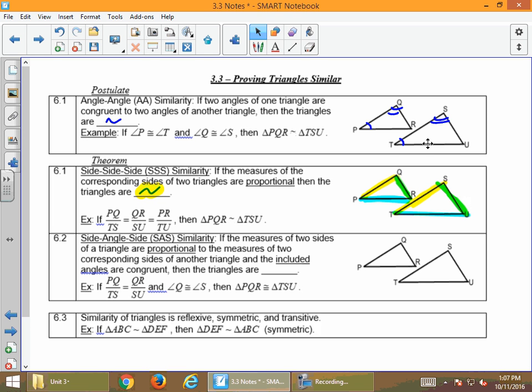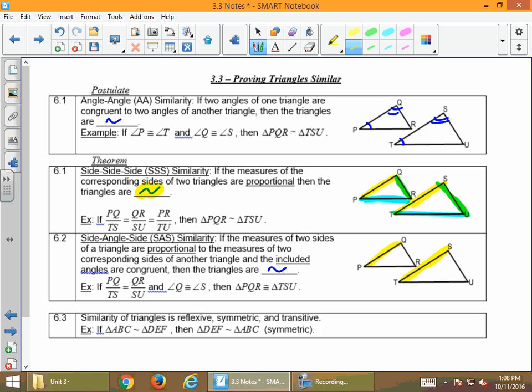Questions over that? So if all the sides are proportional, then the triangles are similar. And then side angle side similarity means that the measures of two sides of a triangle are proportional to the measures of two corresponding sides of another triangle, and the included angle are congruent, then the triangles are similar. Meaning, if two sides are proportional, meaning the ratios are the same. So if PQ